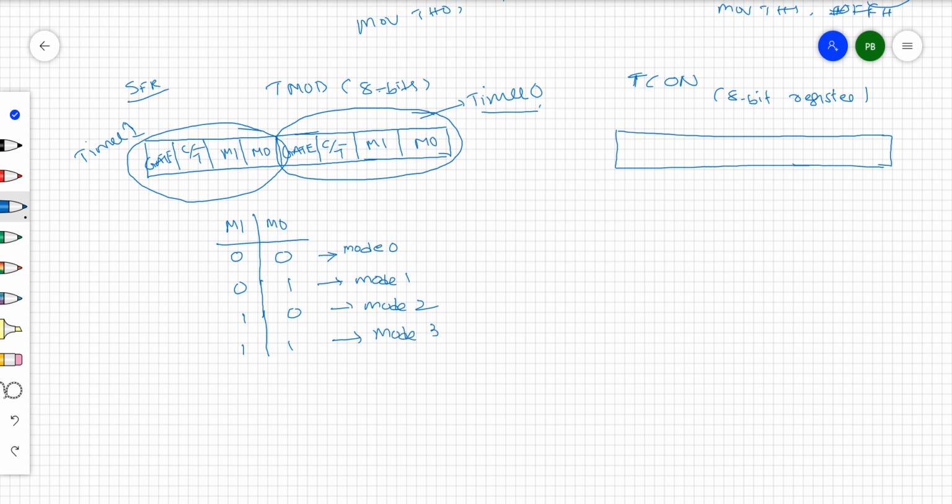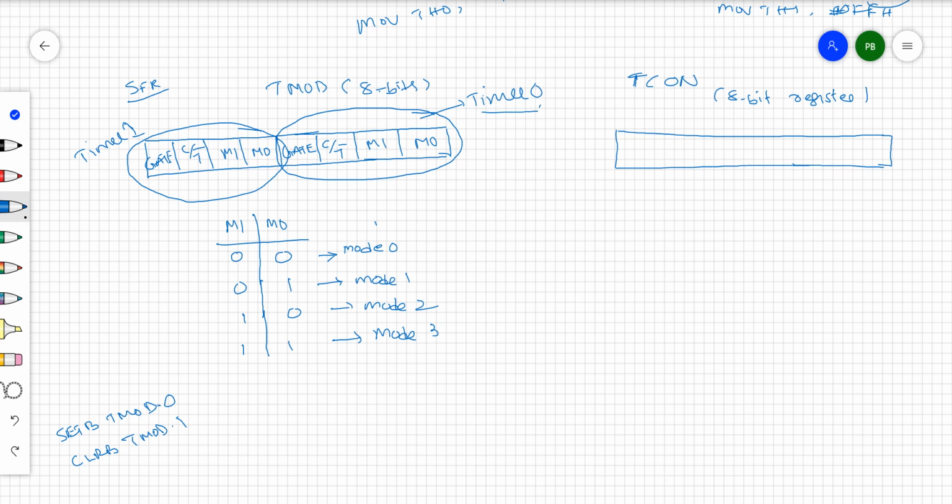You can make these particular mode bits set or reset by using instructions. For example, SETB TMOD.0 means that bit is going to be 1. CLR TMOD.1 means this M1 is going to be 0.